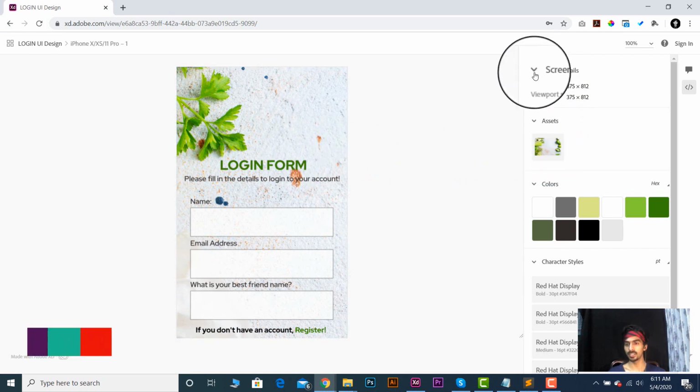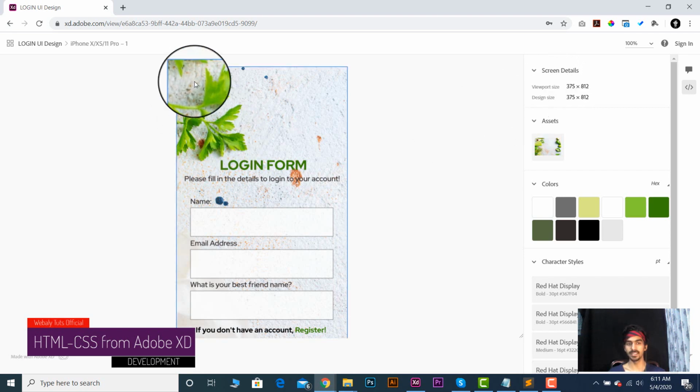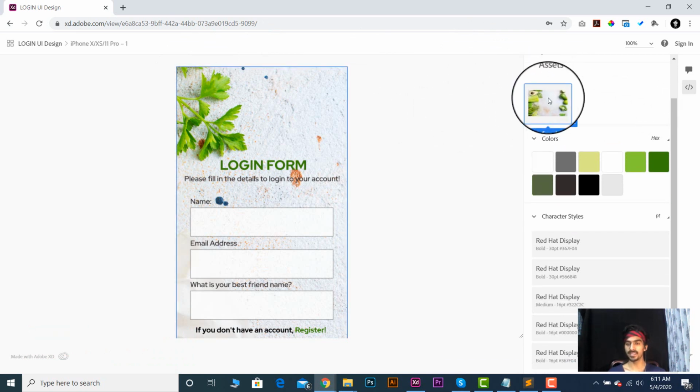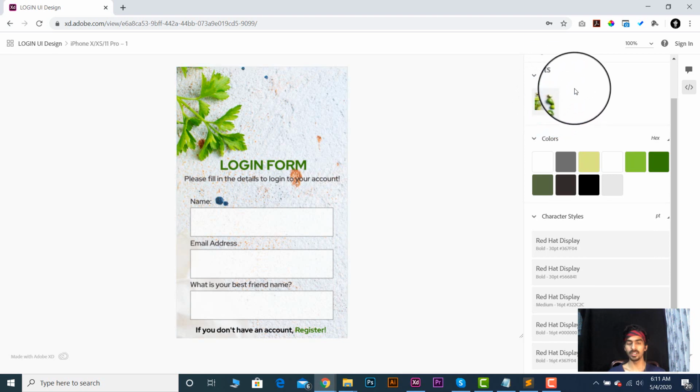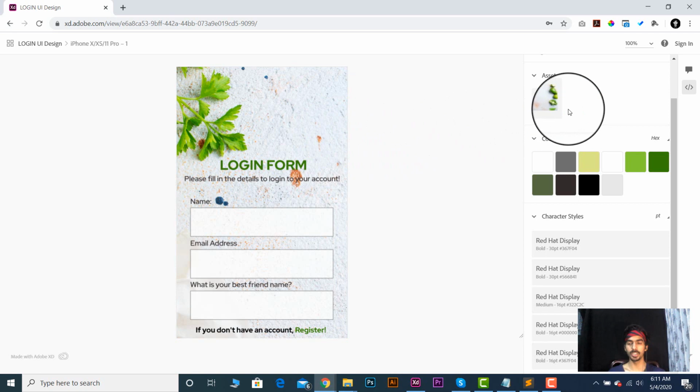First, there is screen details, in which there is viewport size. I will let you know what a viewport is. And second, design size, the resolution of iOS 11, or you can say iPhone 11. Second, there are assets. In this section, all the assets, all the images, or you can say icons, will be shown here.